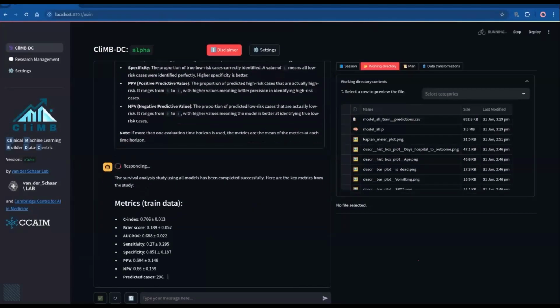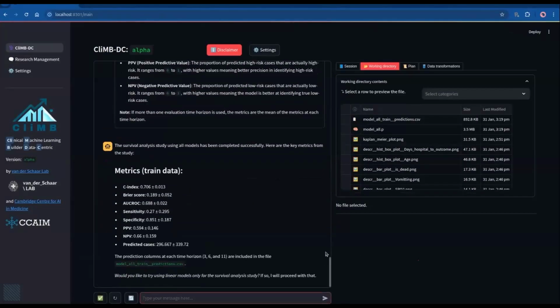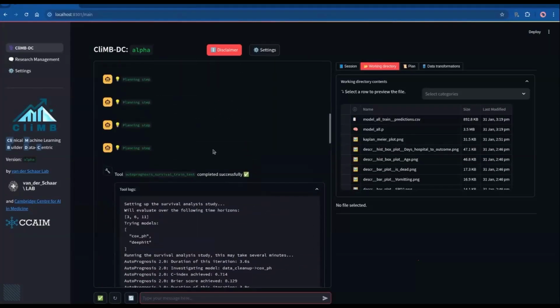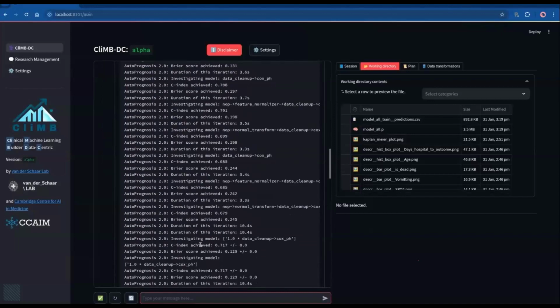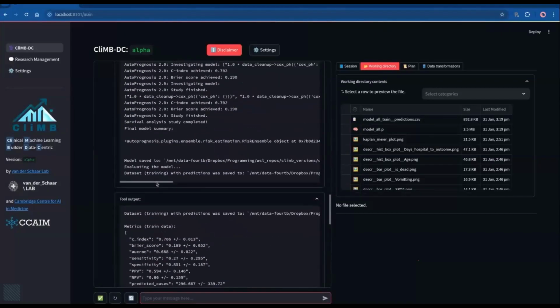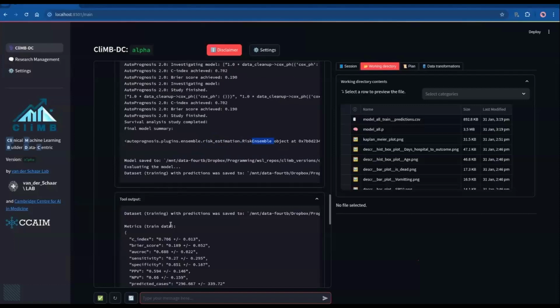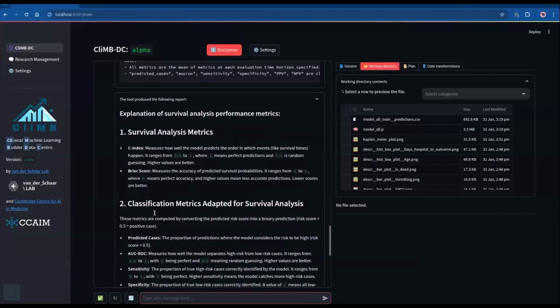It will then summarize all of the results, all of the different performance indicators. You can see it here. So just to confirm, this is the tool that gets used in this case, autoprognosis survival analysis. These are the classes of models that will be tested, CoxPH and DeepHit. It will try multiple rounds. It will create an ensemble, and then it will report all the different metrics.